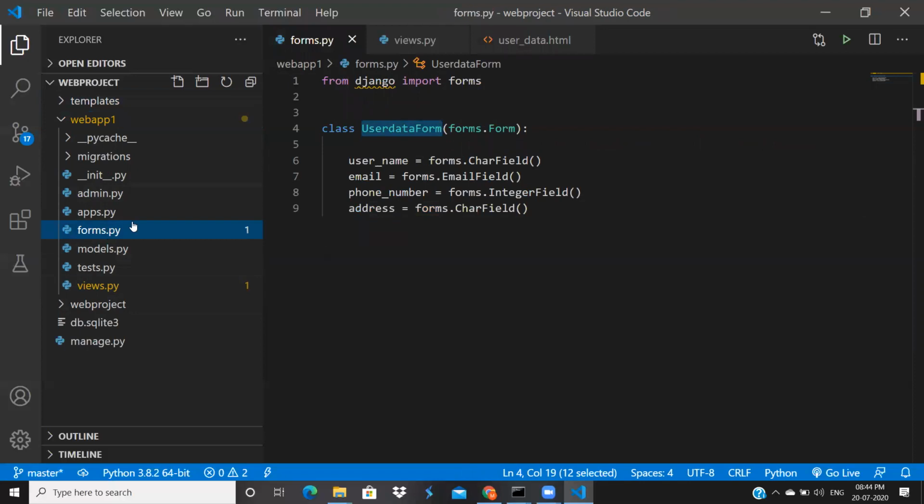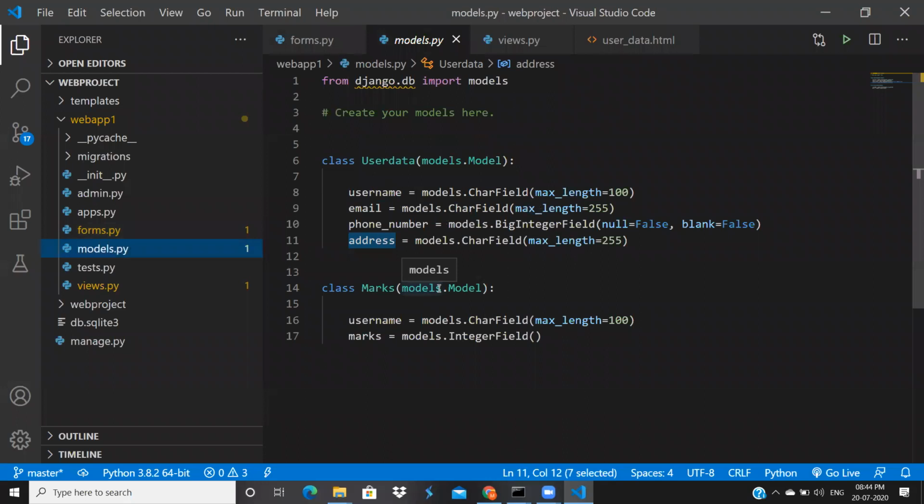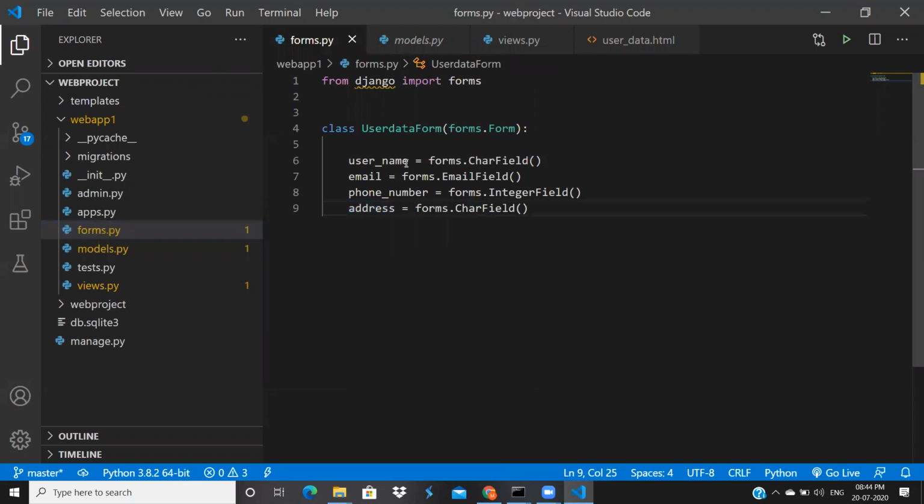Now what I did: I created the forms.py file. Why am I doing this? We have to collect user information through a web application, and Django is for building web applications, right? We are going to build one web application where a user can store their username, email, phone, address. The backend part we have already created, our tables connected to the database, but we have to take input from the user. For that reason, I created one class inheriting from forms.